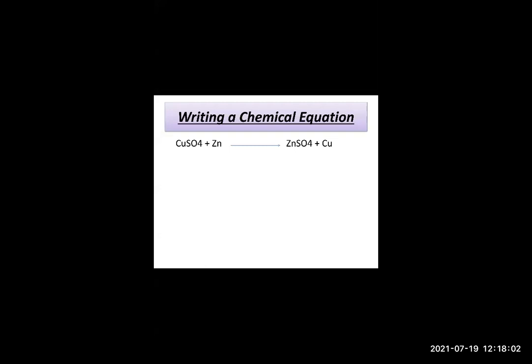Okay, so that is also needed. For example, reaction of a vegetable oil. If it is taking place at 60 degrees Celsius with hydrogen gas in the presence of nickel catalyst, what you can write is: vegetable oil plus hydrogen gas gives Vanaspati ghee. So that time you can mention 60 degrees Celsius and nickel catalyst. 60 degrees Celsius is the temperature that you have to write there, and the name of the catalyst also